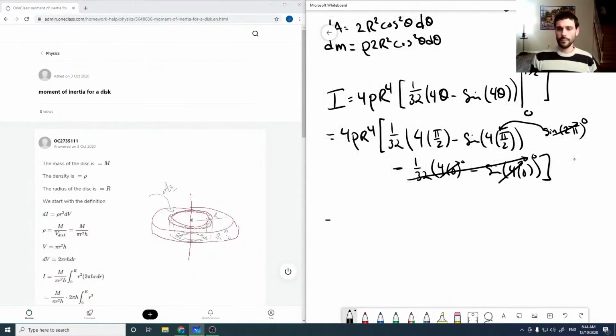So then we've got 4 rho r to the 4th times, so just moving some stuff around in here, 2 pi over 16, which is equal to pi rho r to the 4th over, so 2 times 4 is 8, 8 over 16 is 2,